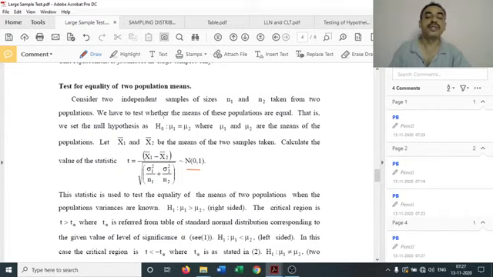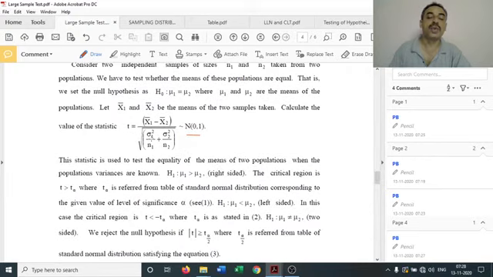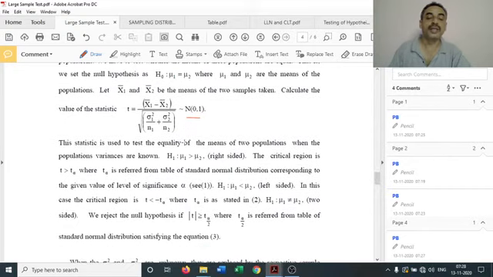So here the test is regarding equality of means of two populations. We take H0: mu1 equals mu2, where mu1 and mu2 are the means of the two populations, and for that we consider two samples x1 bar and x2 bar from these two populations, and we test whether mu1 equals mu2. The statistic is x1 bar minus x2 bar divided by root of sigma 1 square by n1 plus sigma 2 square by n2. It follows N(0,1). So we can calculate t using this equation, and the different alternative hypotheses are